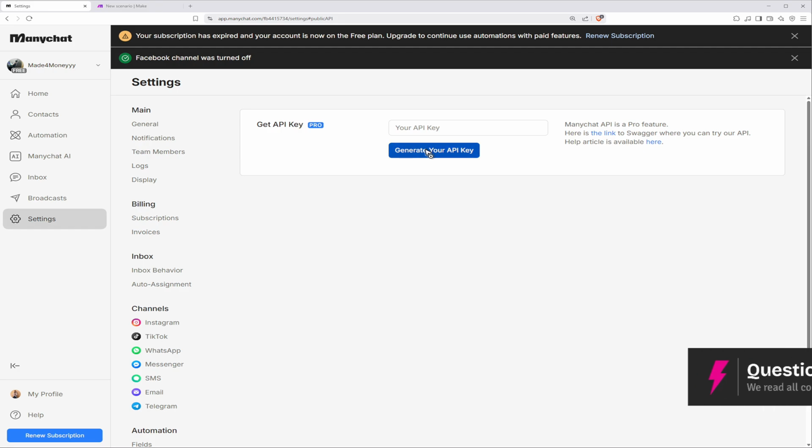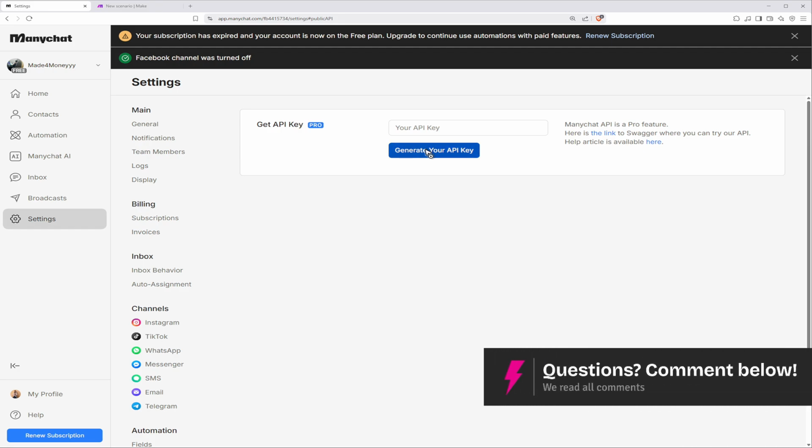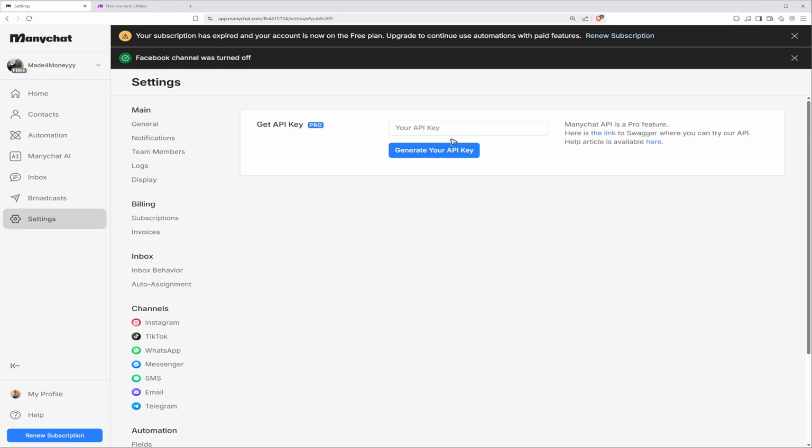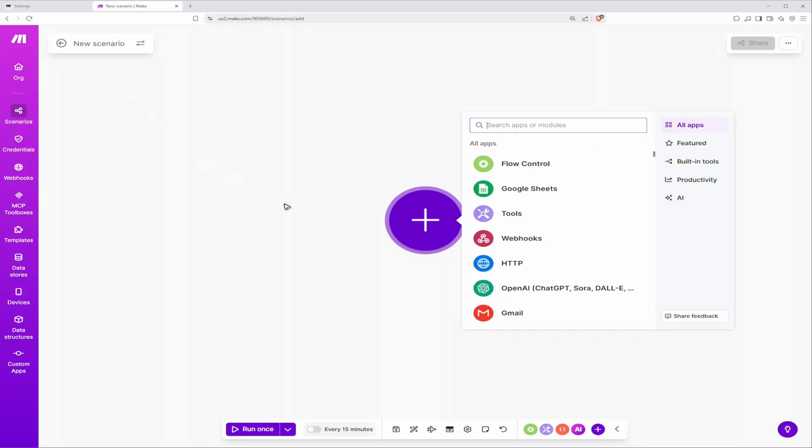You won't be able to generate it right here if you're just using the free account, okay? As you can see here. So generate your API key and you'll be able to see it right here. Just copy it, okay? Copy it from here, go to your Make.com, open up the module, which is ManyChat, of